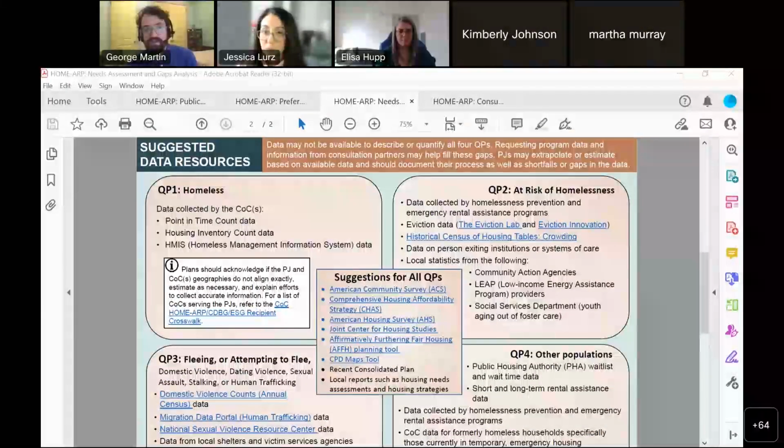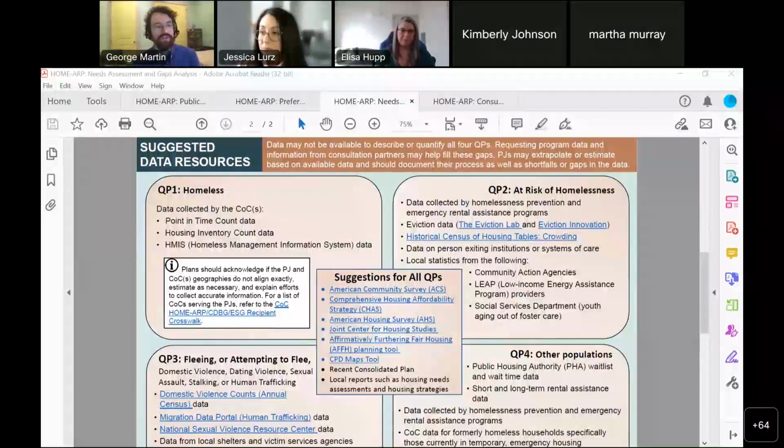I like that your consultation is hopefully going to inform some of this needs assessment and gaps analysis, like some of the data you can get. In your particular situation, it might be helpful to see if folks think there's other data that should be available. Can they assist you in locating where that data is? I think in some cases,